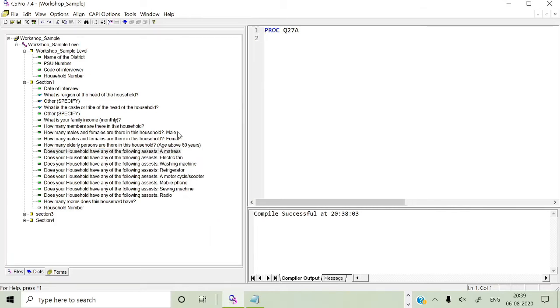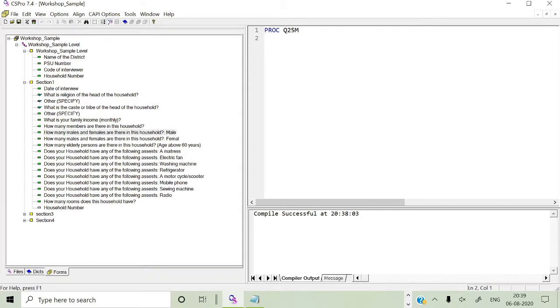If you look at this, we have how many members in the household, that is the total members in the household in q24, and then we have asked male and then female. So what we are going to do is declare a statement, simply write a message.